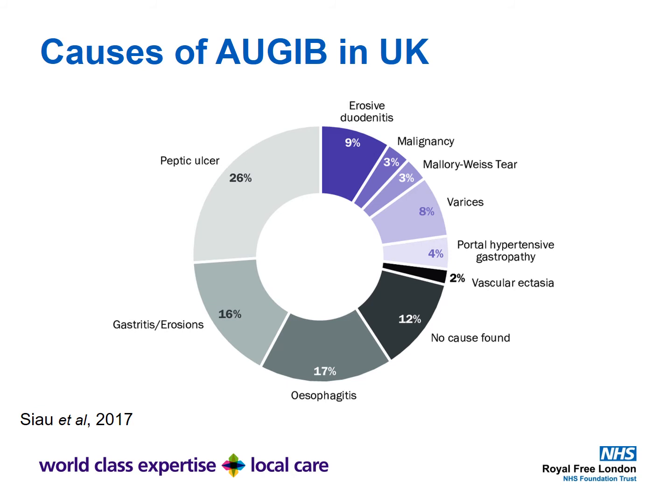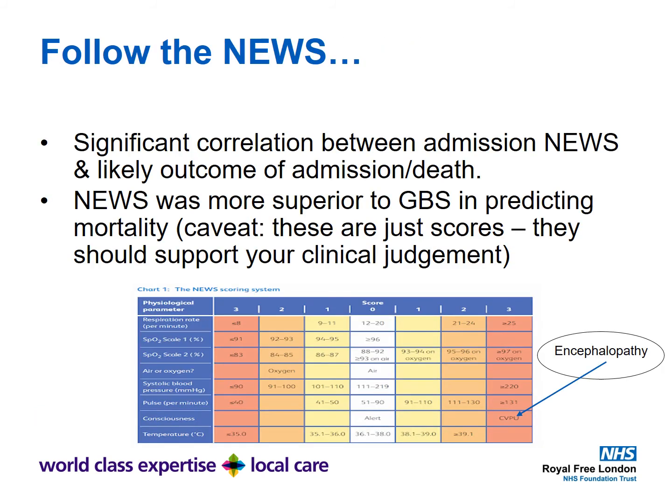Gastric cancers account for about 3%, and erosive duodenitis accounts for about another 9%, and this is data from 2017. So follow the news. Obviously, we talk about this a lot in acute medicine. Again, it should never